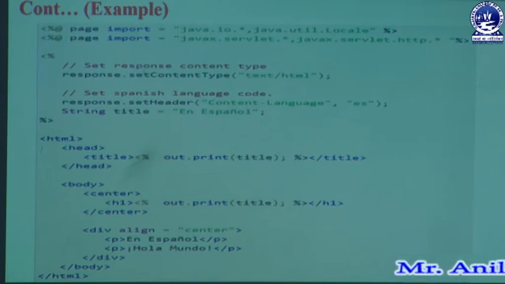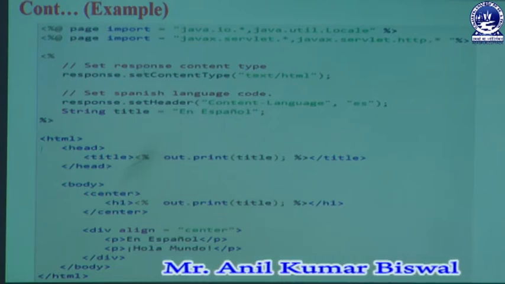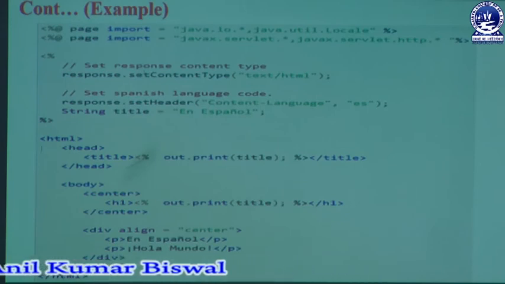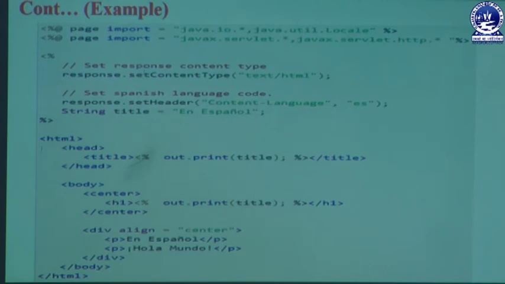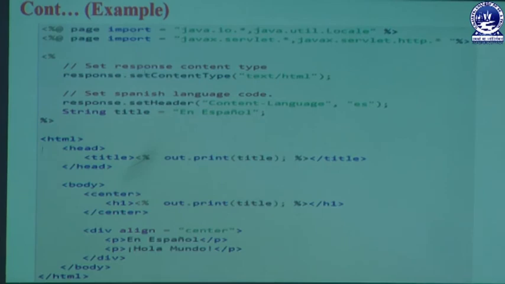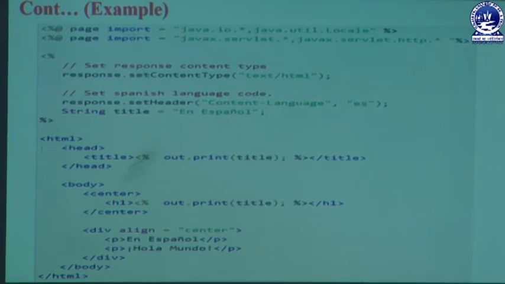Here, due to these properties, we can easily track the whole program in an efficient manner. Next, we are defining a body section. In that body section, we are going to define how to center some title. For that we can also take the help of the title tag. The title section must be written inside the center tag. In the center tag, we can write the h1 tag to make it highlighted, and in that part we can take the help of the scriptlet tag. In the scriptlet tag, we are going to print with the out.print method the specific title, ending with a semicolon. So it is a way through which you can print it.